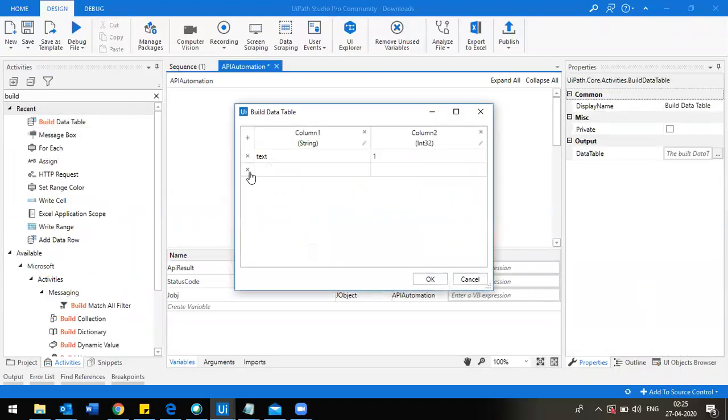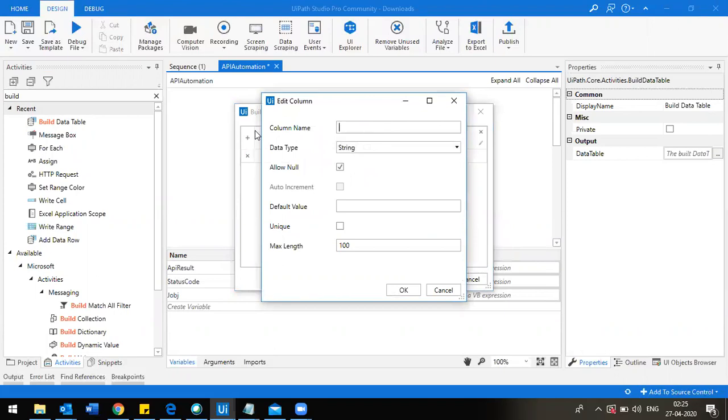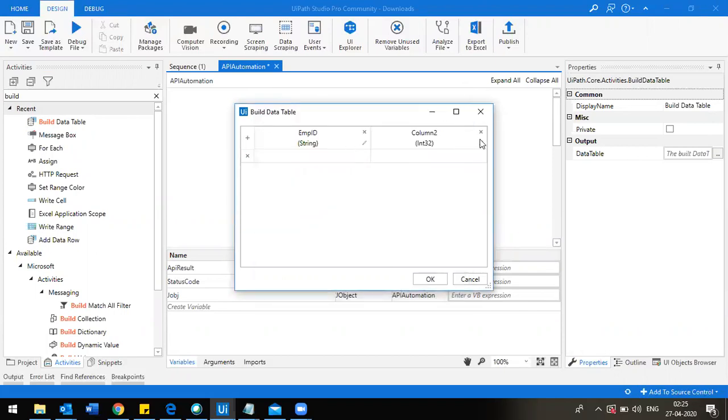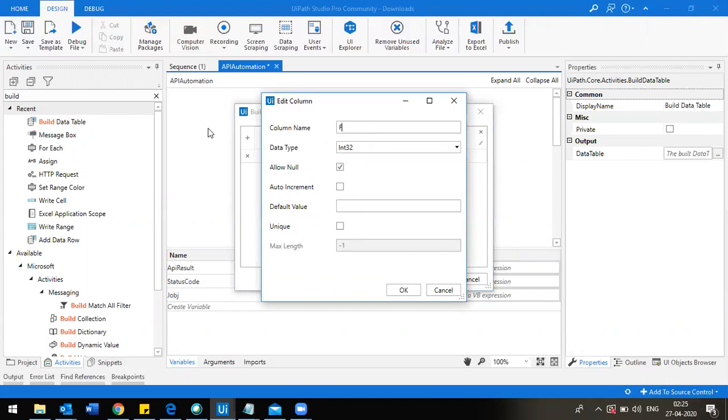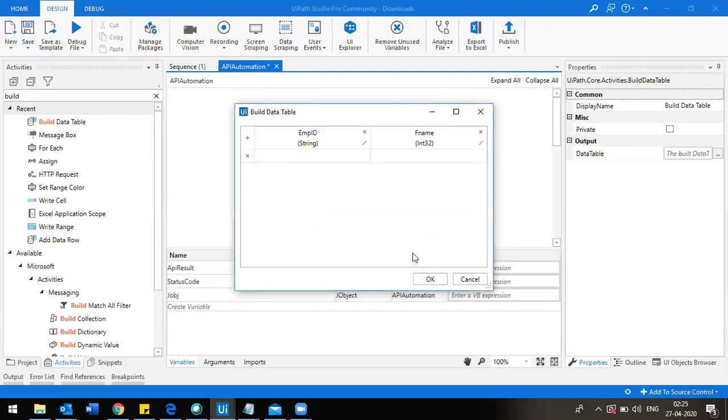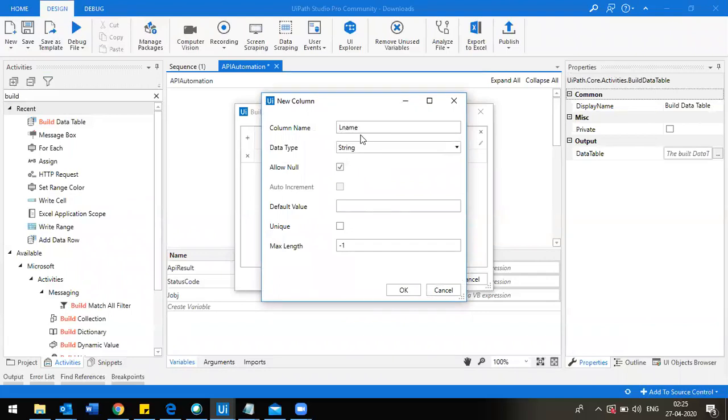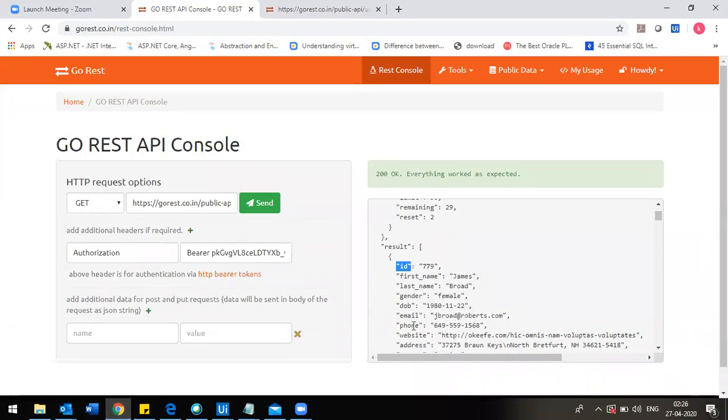Here I'm exposing column information: employee ID of type string, first name, similarly last name, gender, date of birth, email ID, phone number, and then address.